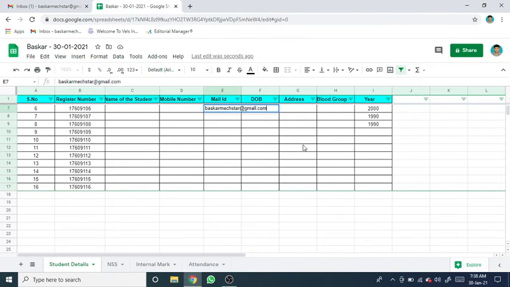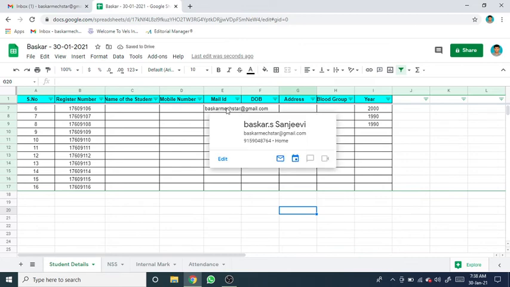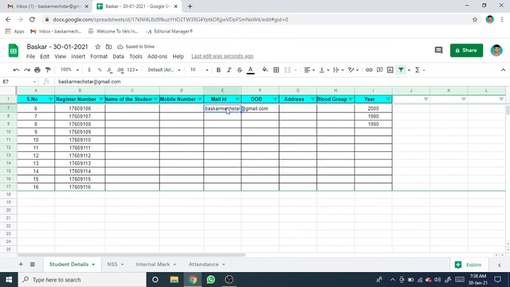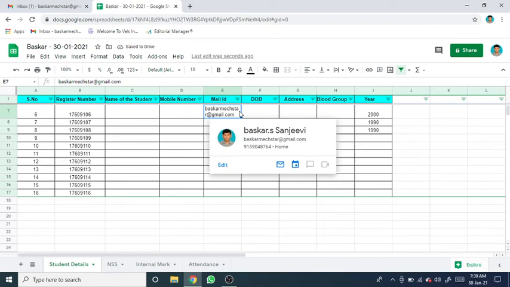After typing, if you just click, the mail ID goes to the next row, so you need to choose like that. Otherwise, if you press Control Z, it will come down. I want the line to go to the next line, so just click it, go to wrap text. Go to this option, the second one, the wrap option. If you click that wrap option, it will come down. Within that box, the content will be aligned. For that purpose only we are using the wrap.